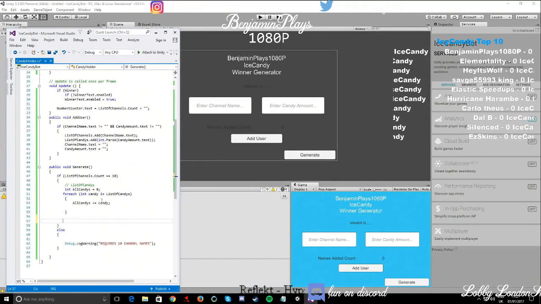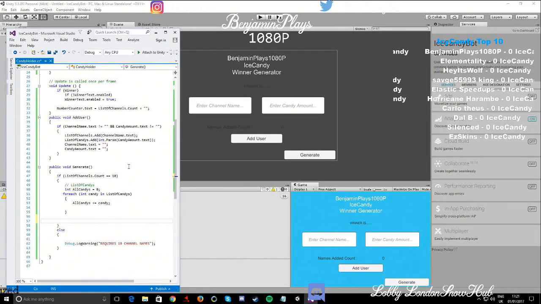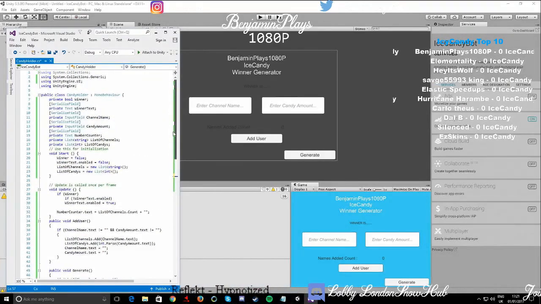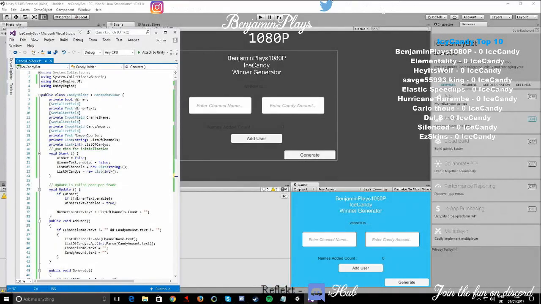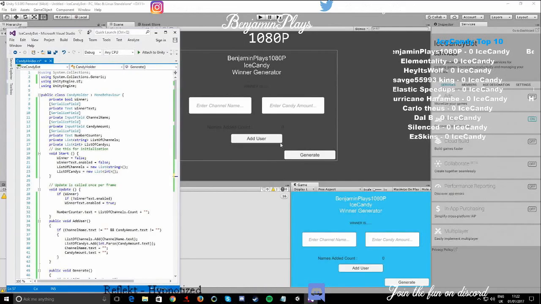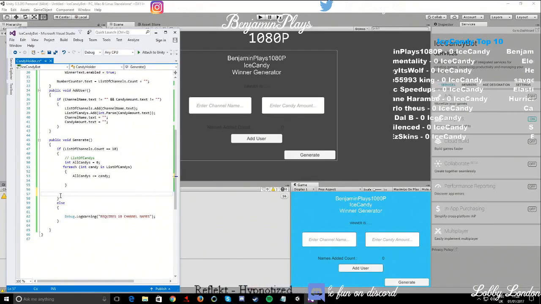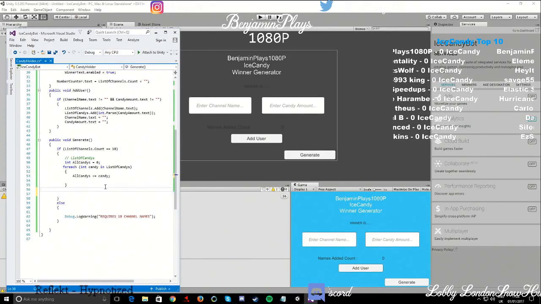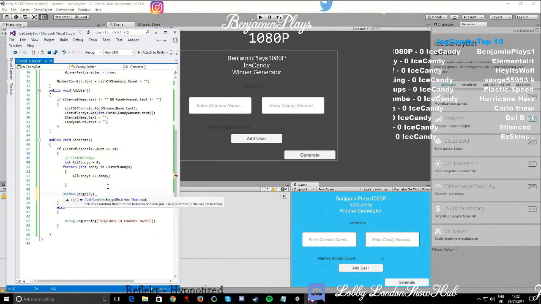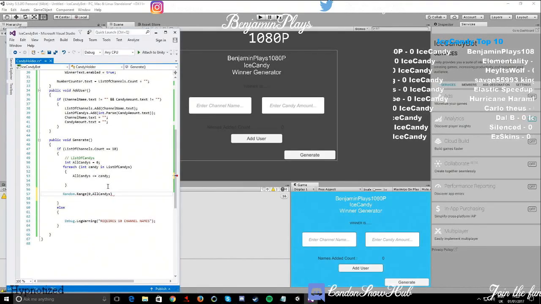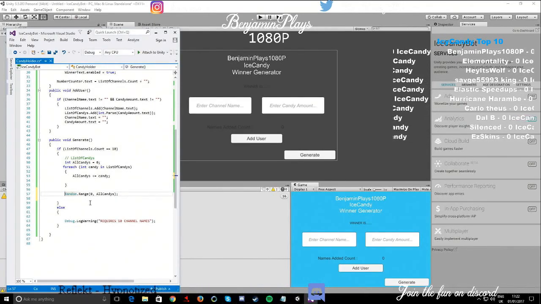So got the candies. Let me just think what the best way now to do number generation, as in a number list type of thing. We're going to need to convert this now into a situation where we can get everybody in one line type of thing. Interesting. Let's pick the name first. So we're going to do random generation on a range of 0 to the maximum, which is all candies. So this is going to output a number as an integer. So this is target,